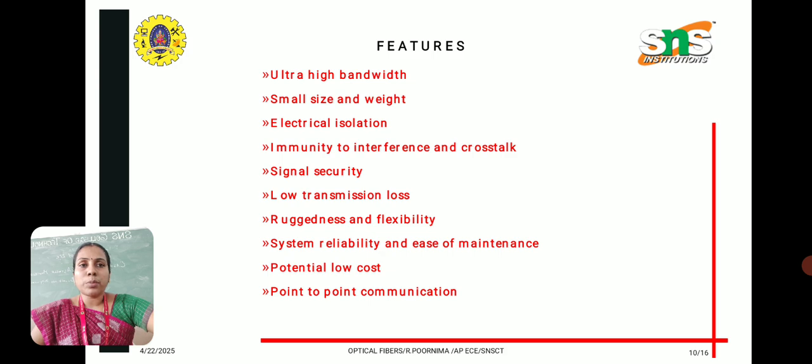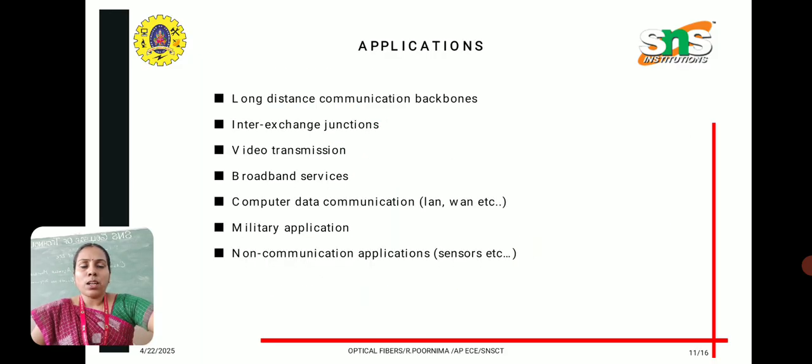It gives very good immunity to interference, so they can send the signal without any losses, and also signal security. These are the important features of optical fiber communication. And what are the applications? Long distance communication, broadband services, and computer data